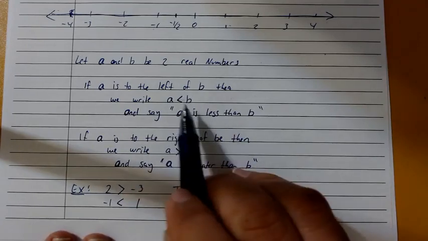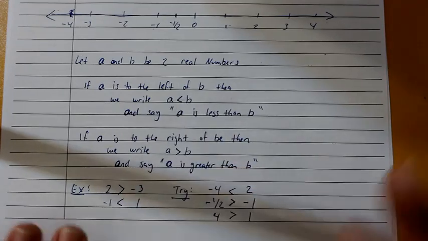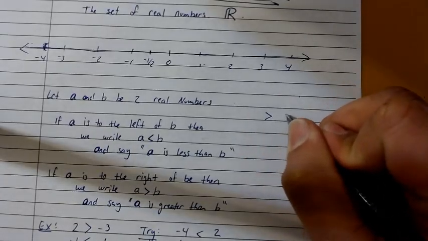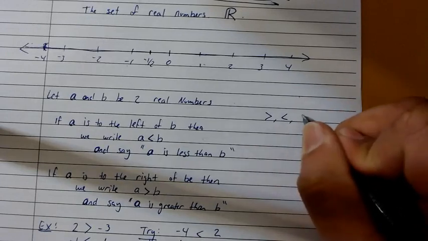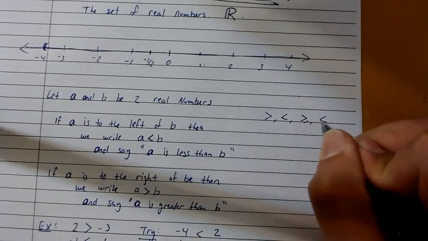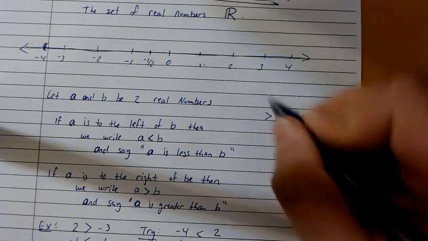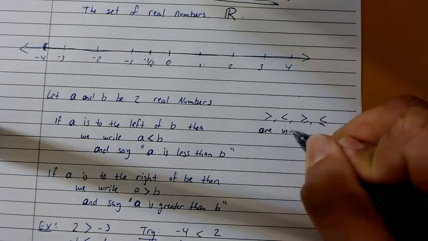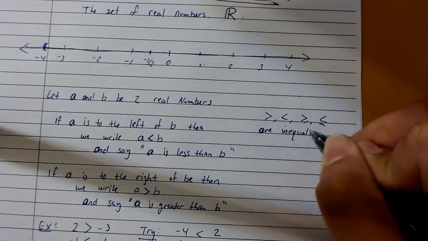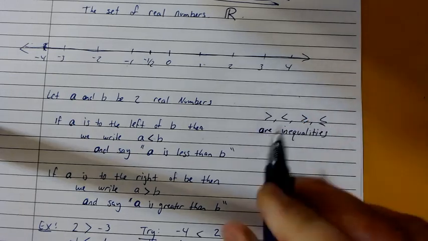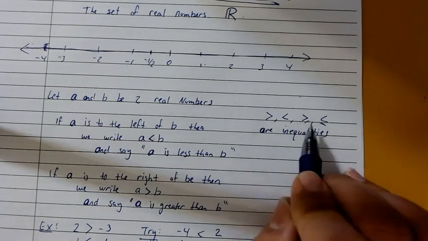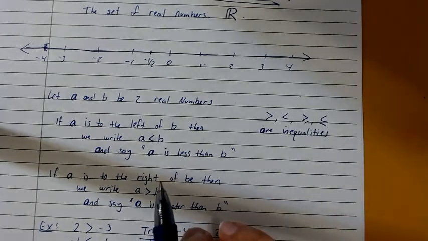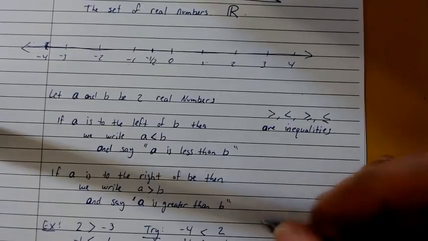Incidentally, these symbols, the greater than or less than, these are called inequalities. So the greater than, the less than, also greater than or equal to, or less than or equal to. These are called inequalities. The greater than or equal to is the same as the greater than, except you also include any number that's equal to. So for example, if we were to say